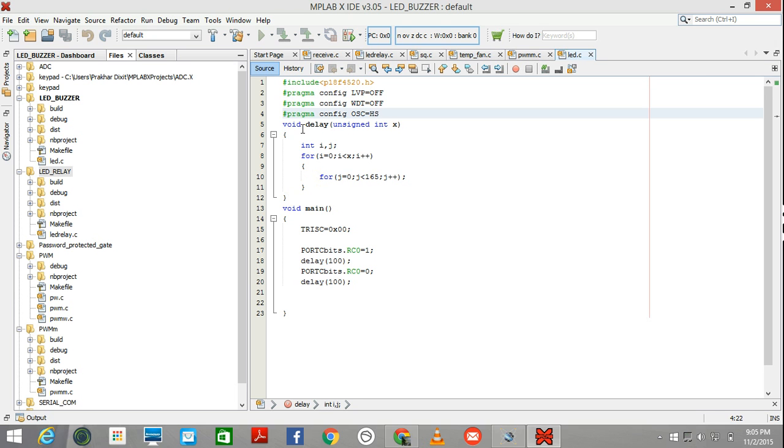Going further in the code, we have void delay. It's just a delay function that I have declared here. It's its declaration and definition. What this delay function is going to do, whenever I call this delay function somewhere in the program,